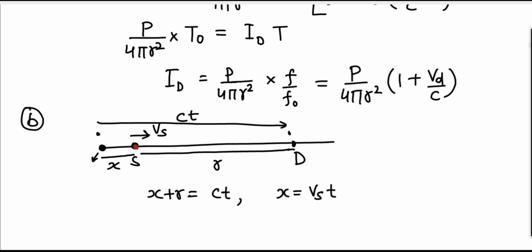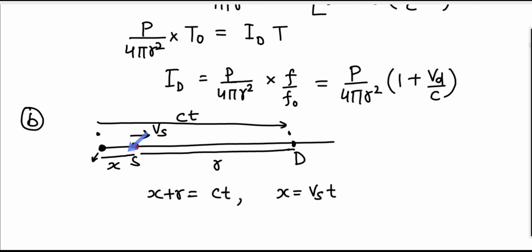And we are interested in determining this value of x plus r, because when we apply the inverse square formula, we are not going to use the radius as r. It has to be x plus r, because the sound was released from the earlier position of the source, so the sound has traveled from the origin to the detector. The total distance traveled by it is actually equal to x plus r.